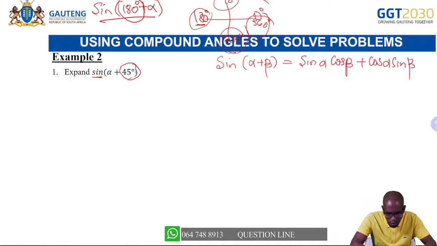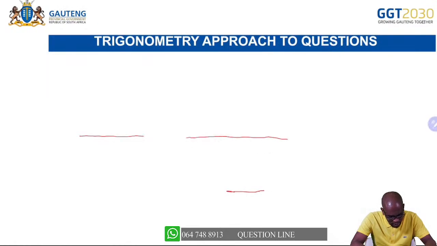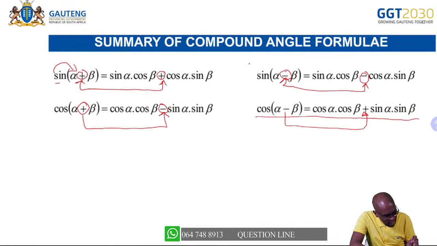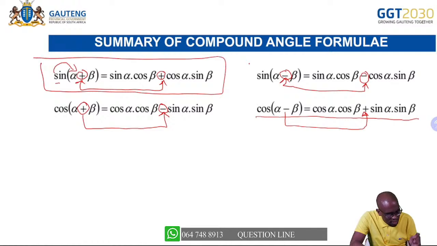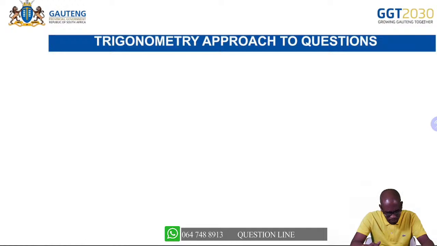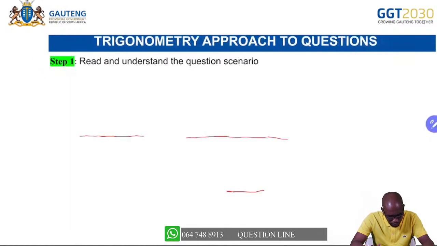So that is how we said we are going to simplify, or rather to expand, for what? For the sine. So it's in the formula sheet. So this here that I'm using, quickly going back there,